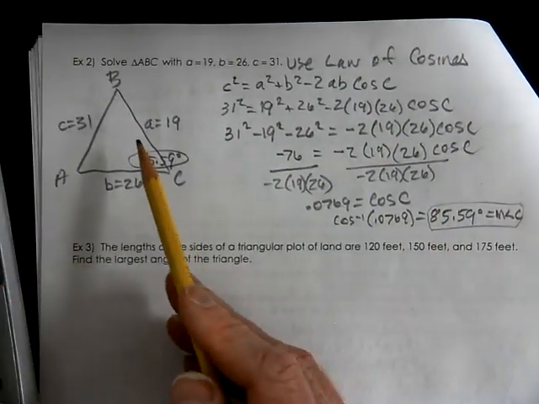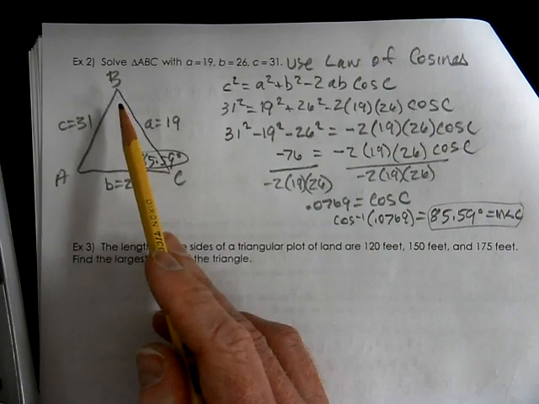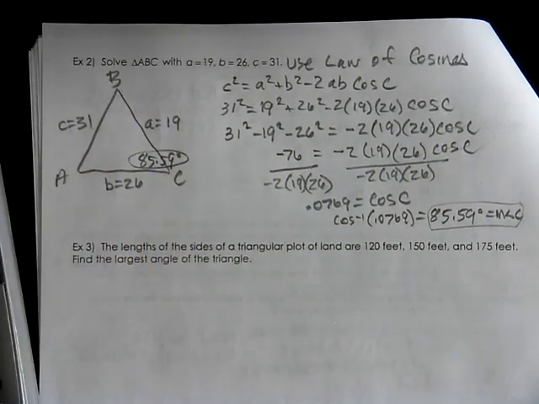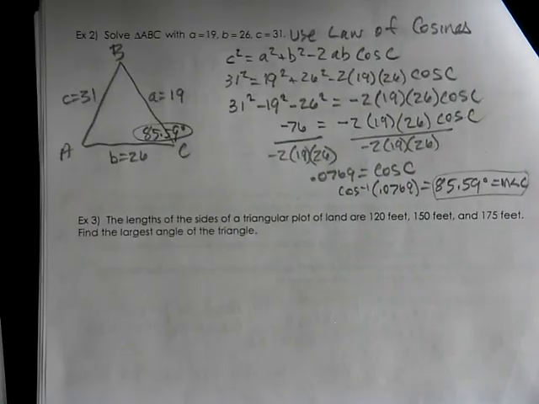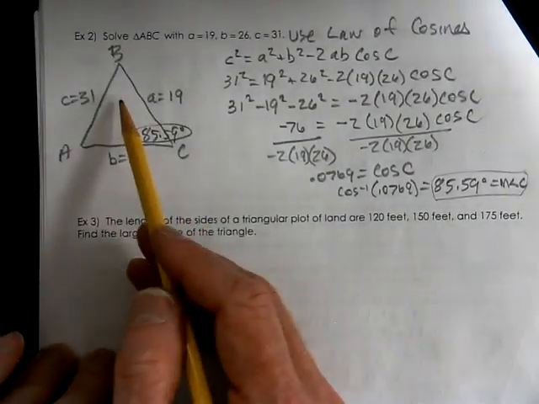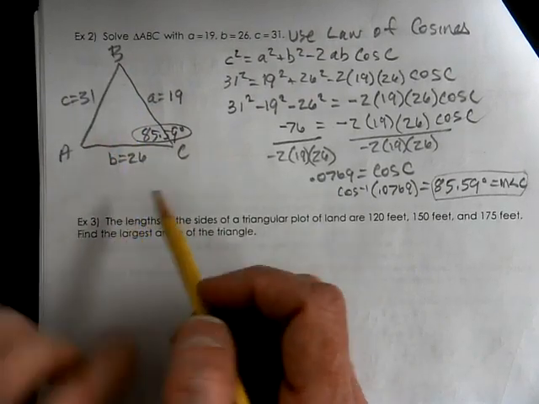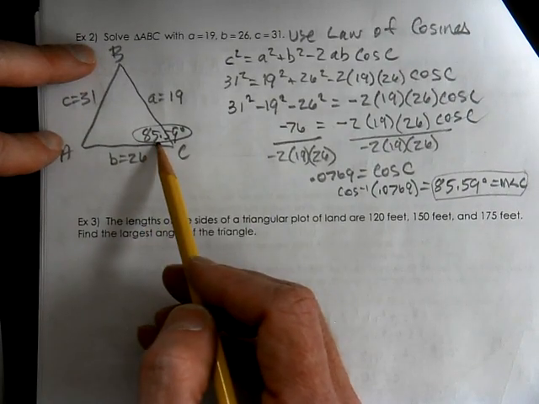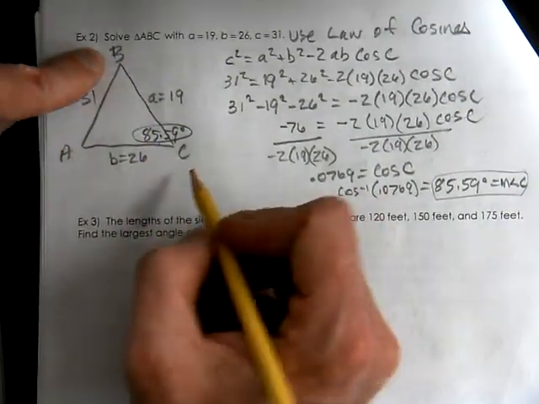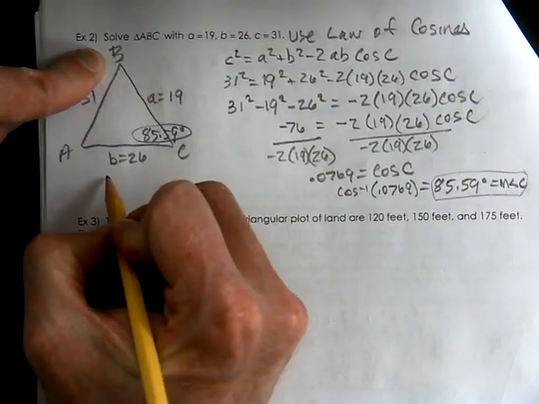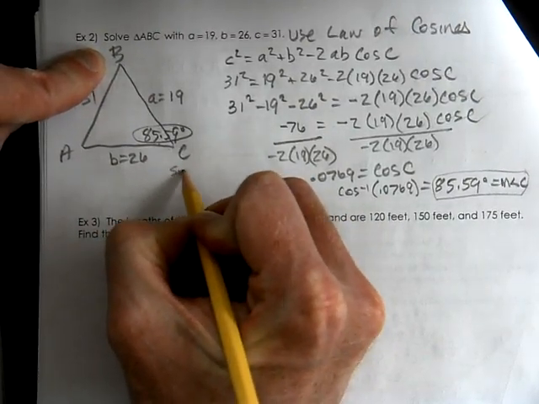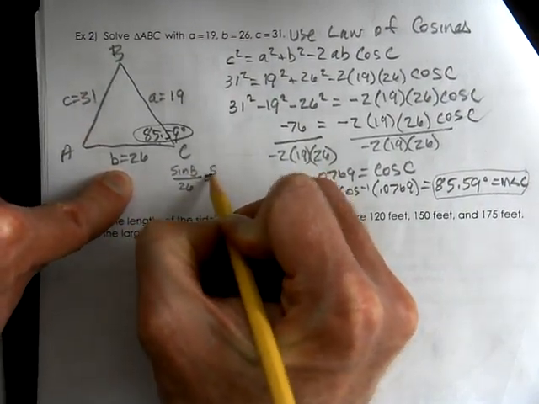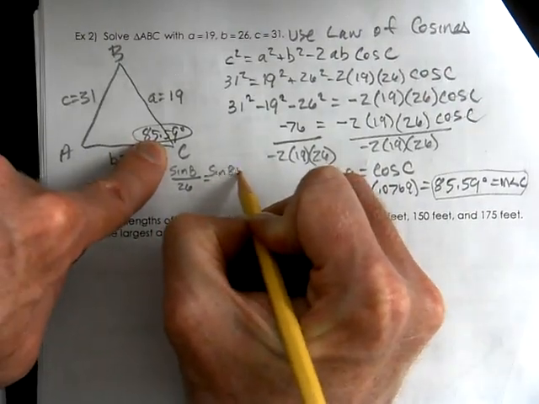Now we're going to use law of sines to solve for the missing other angle and then subtract to find the third angle. So to finish up this example, we're going to find an angle. We're going to use law of sines. Since we already found the largest angle, it doesn't matter what we find it with or which one we find next. So I'm going to do sine of B over B and sine of C, that's the only angle we know,